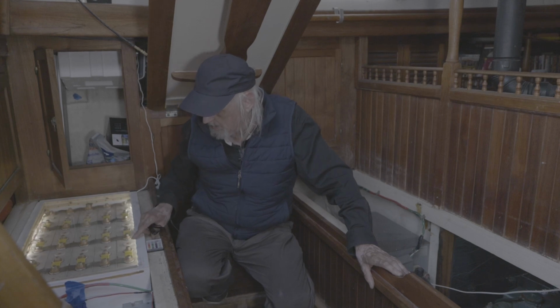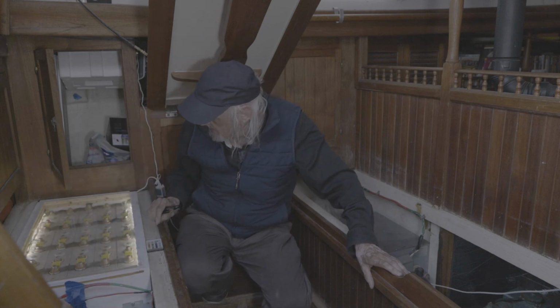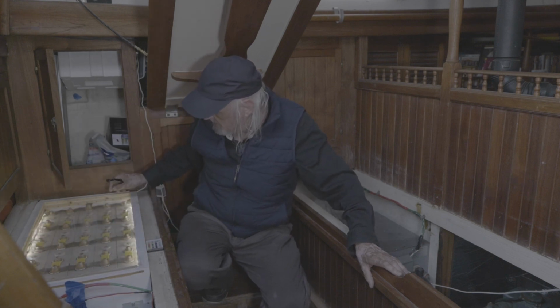I got a plexiglass cover on it. I don't have it slid into place right now. It's just sitting on top, but I got slots where it slides in. But at any rate, this battery bank,